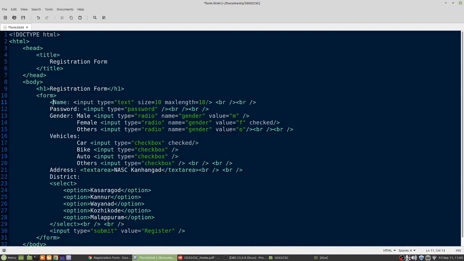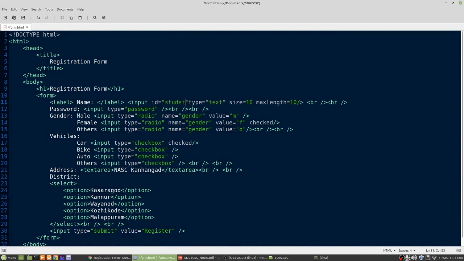I'm putting this inside a label tag, name, and a slash label, and for the input type is equal to text, I'm using one more attribute, and that attribute is called the ID attribute. ID is equal to, let's give some ID here, any ID can be given.